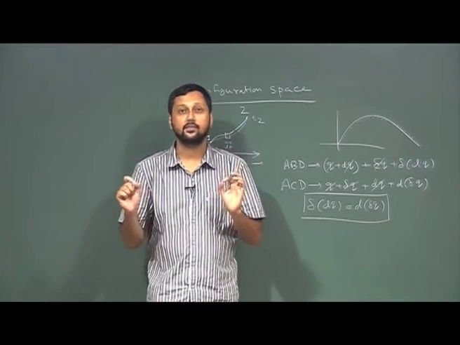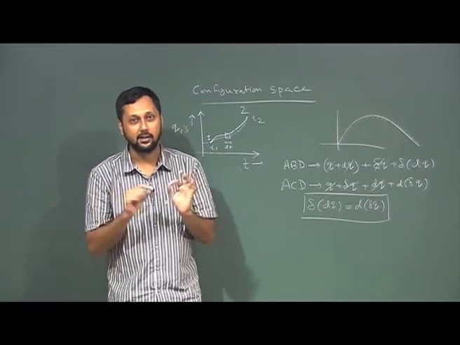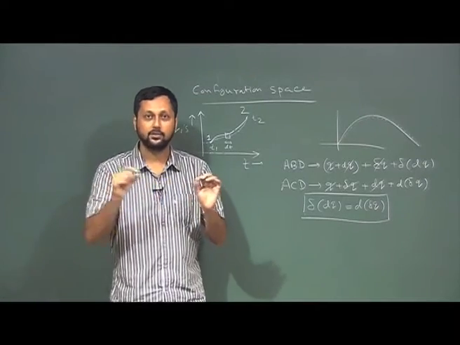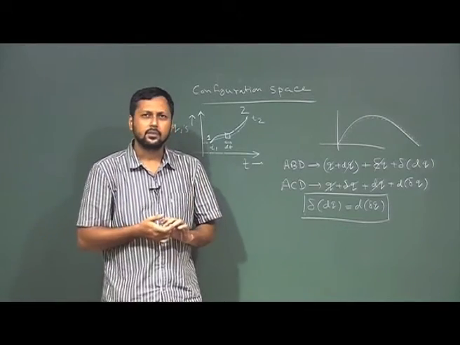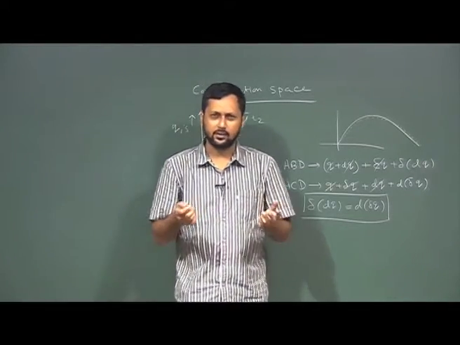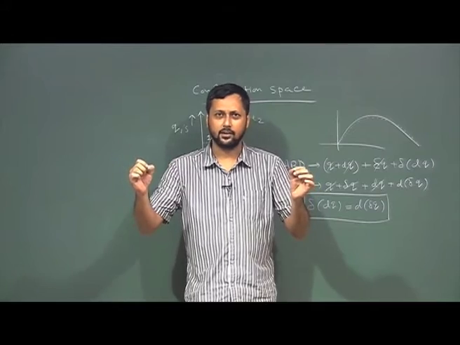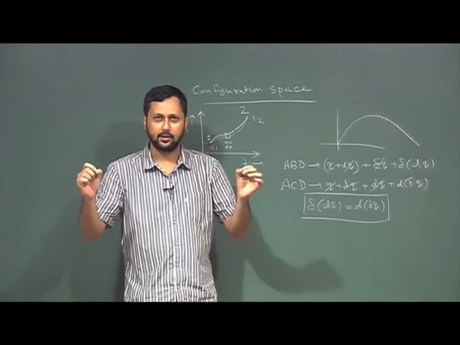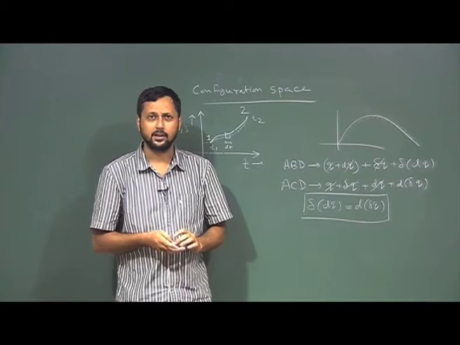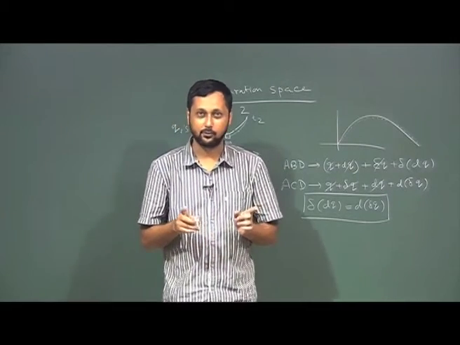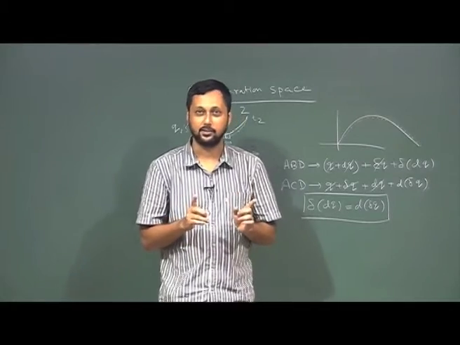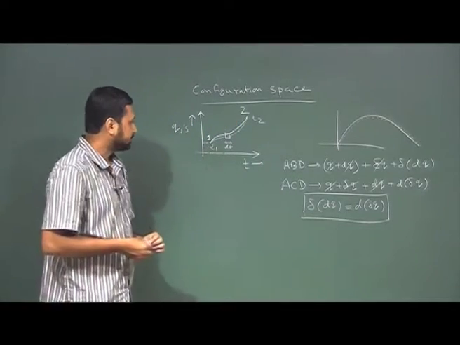He never used the words straight line. It happened that the path is a straight line, because the shortest distance between two points in space is a straight line. We all know that, right? But have you ever seen any formal proof of that? No, right? We will prove it. There are ways of proving it using this variational principle.